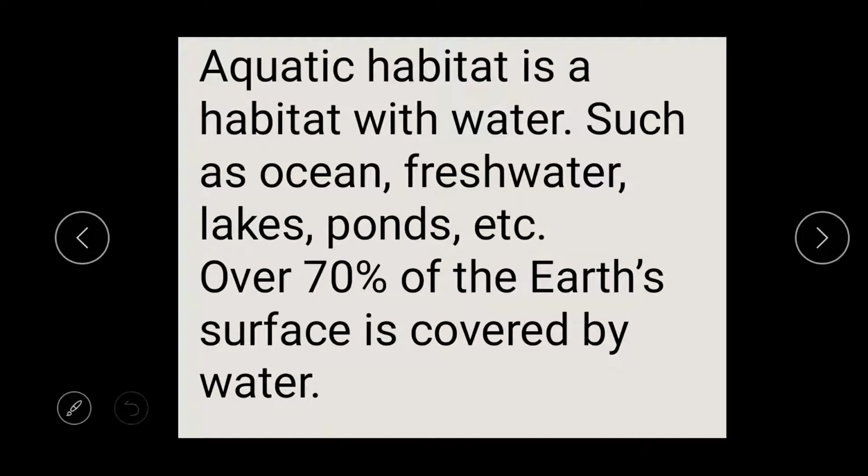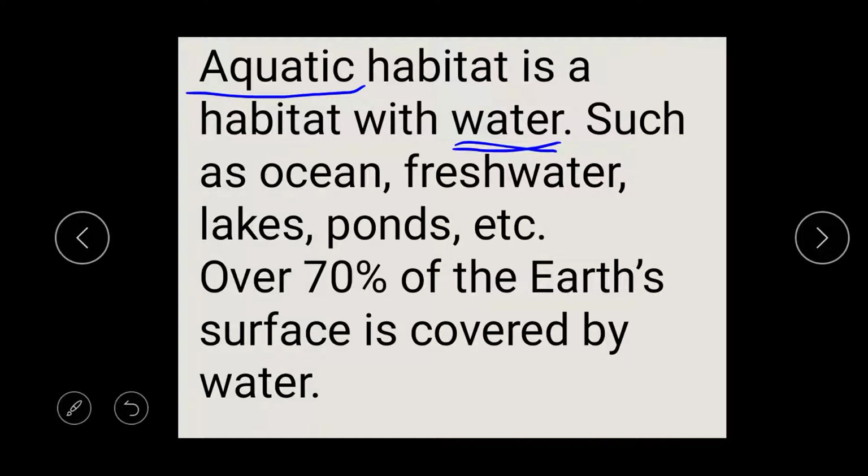And the last type of habitat we'll be talking about is the aquatic habitat. The aquatic habitat is a habitat with water, such as ocean, fresh water, lakes, pond, etc. So anytime you hear aquatic habitat, just know that it has to do with water.